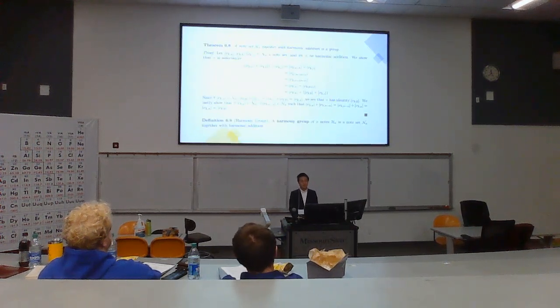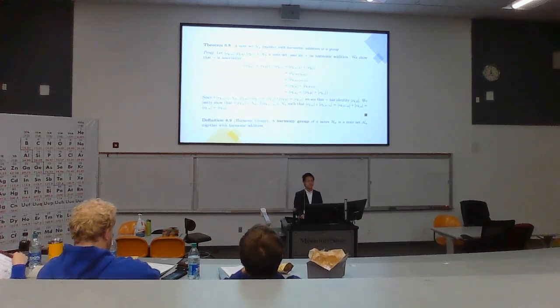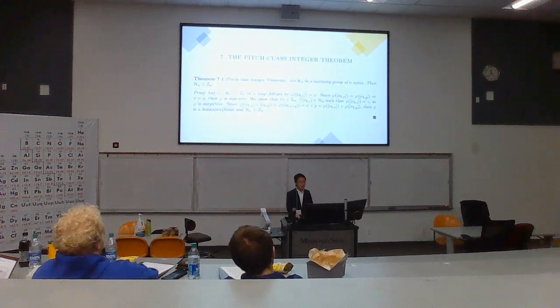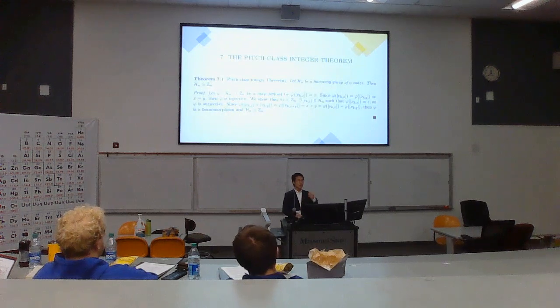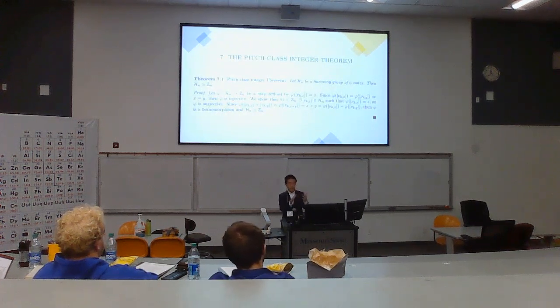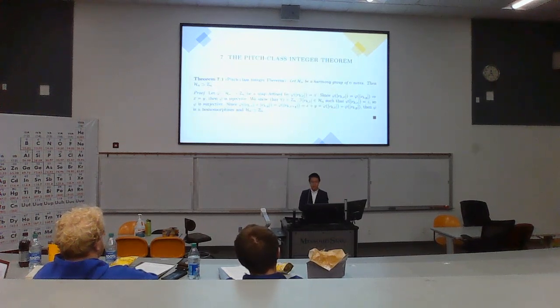Together, we prove it's a group, it's associative, we have identity. The identity is nu k 0, and the inverse for nu k a is nu k n minus a. And so this group, let's call it the harmony group. The harmony group of n notes, H n, is essentially the note set together with harmonic addition. And so now we finally have the language to actually talk about the pitch class integers with more rigor. Essentially, what I really mean by saying we can associate these integers with the elements of groups of integers is that I have a group, the harmony group specifically, where the musical notes are related with this particular operation,